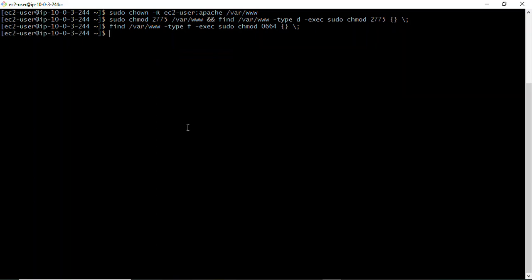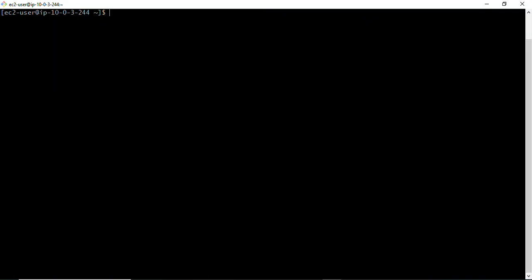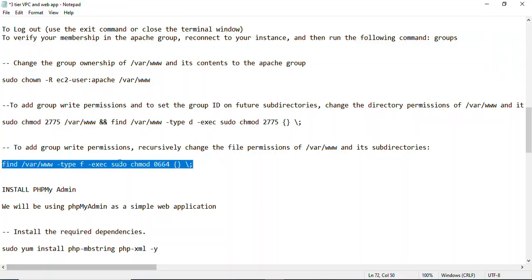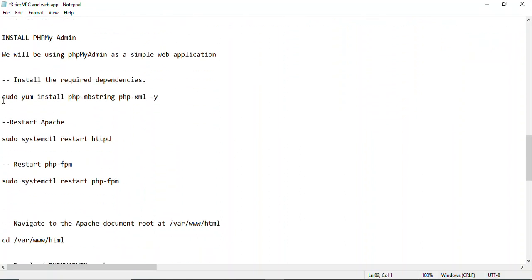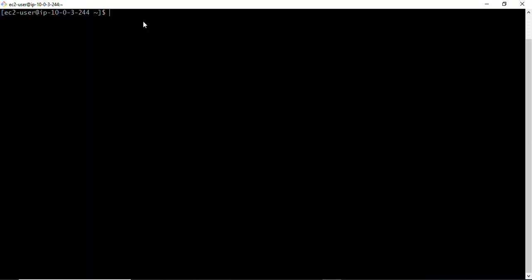Awesome. So right now the next thing we need to do is to install phpMyAdmin. What is phpMyAdmin? It is basically a simple web application that we'll be using. All right, let me clear this. So to install that, I'm gonna copy the command here, paste it here,